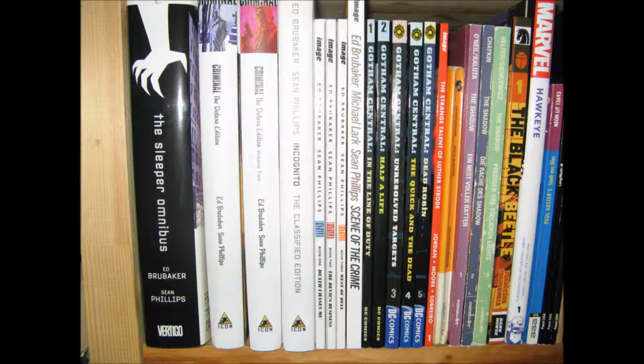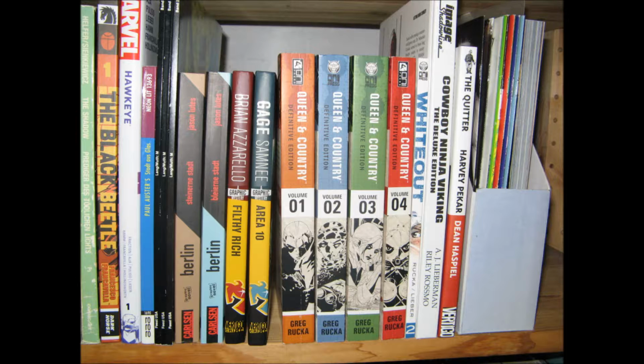Gotham Central, great. The Shadow. The Black Beetle is art-wise a feast for the eye. Hawkeye, the deluxe edition, is sublime. And going on, the Queen and Country,